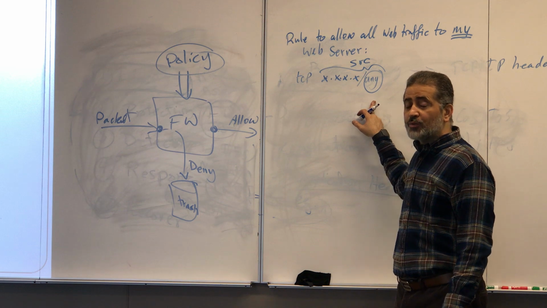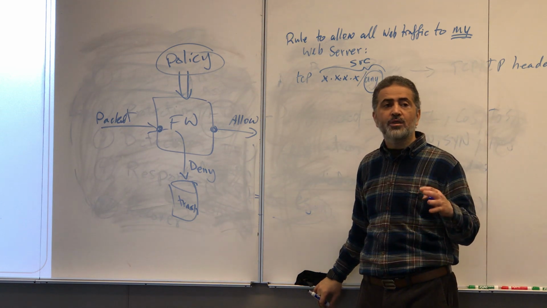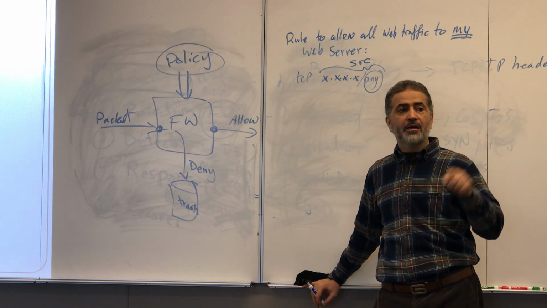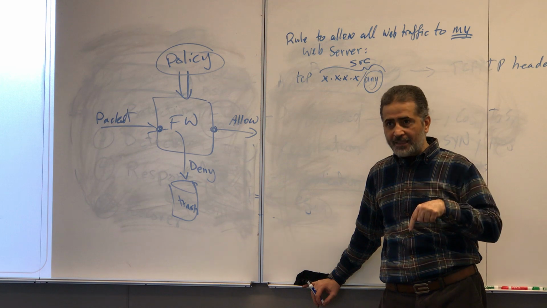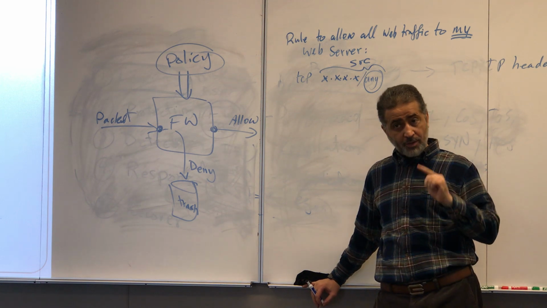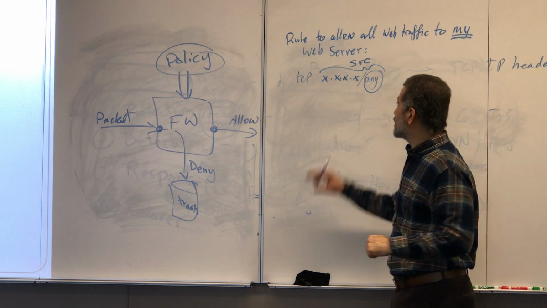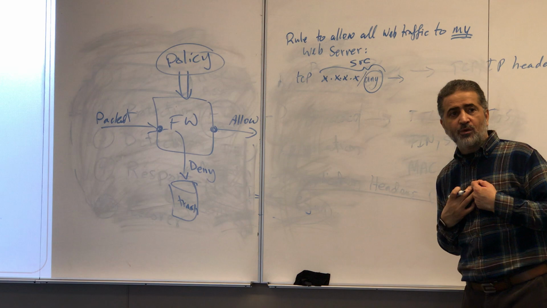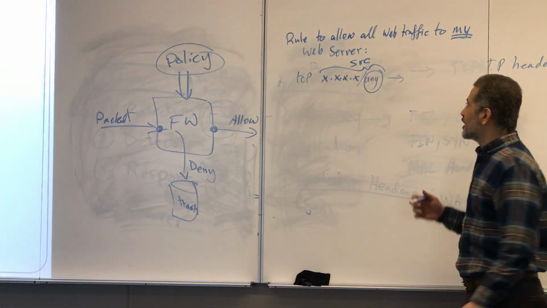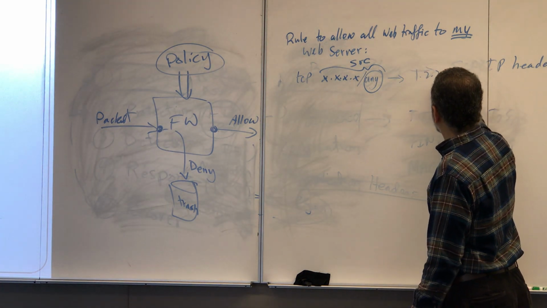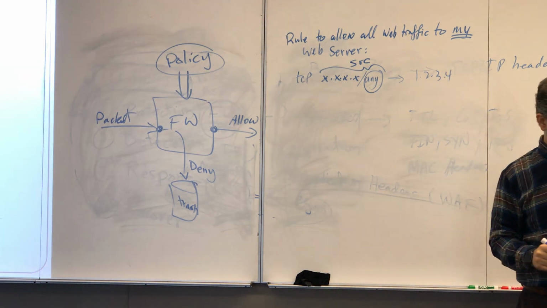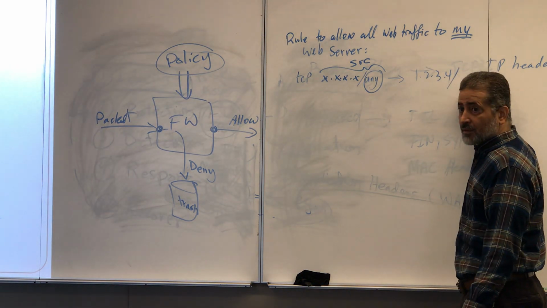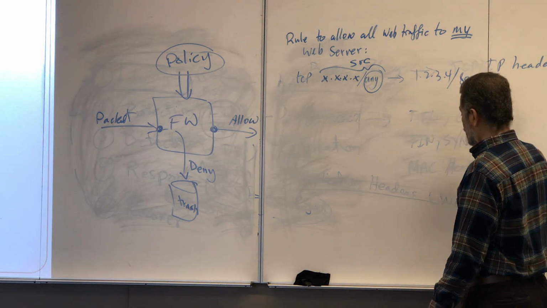Usually clients, all clients, not only browsers, will select a random port when they start. Servers are required to bind to a well-known port, only servers. So I'm going to draw this arrow here to make it simple. My web server, I don't know its name, so just give it any address, 1.2.3.4. It has to be specific. Then slash 80. Allow.